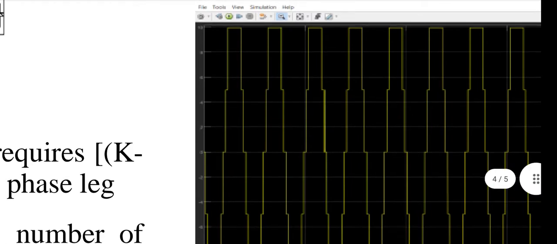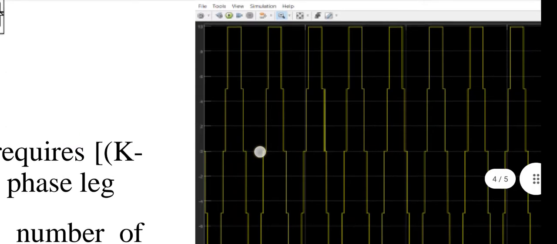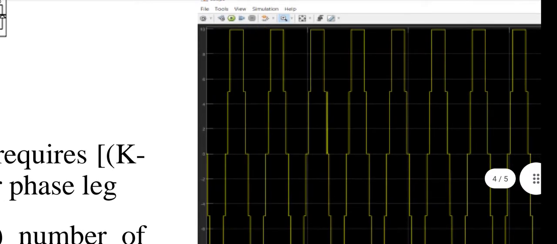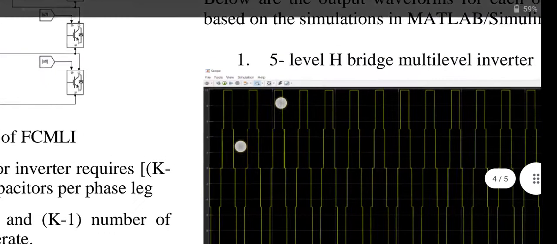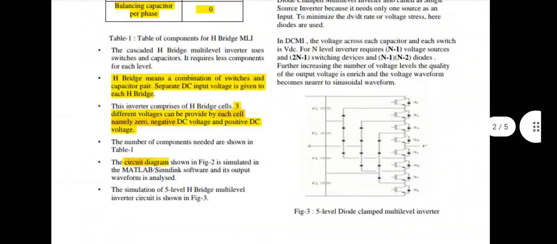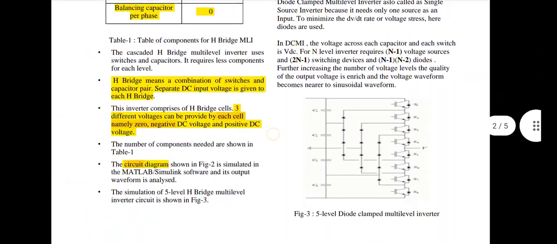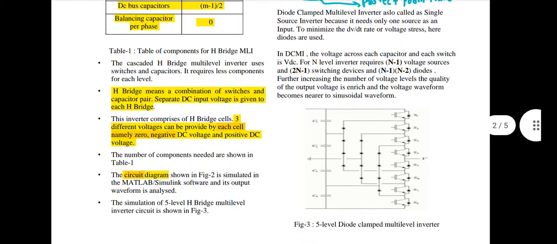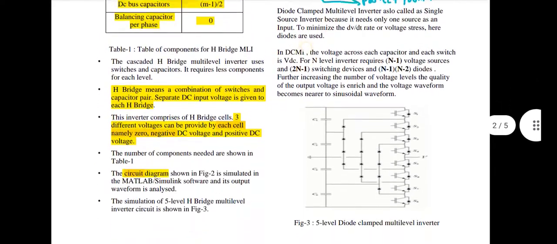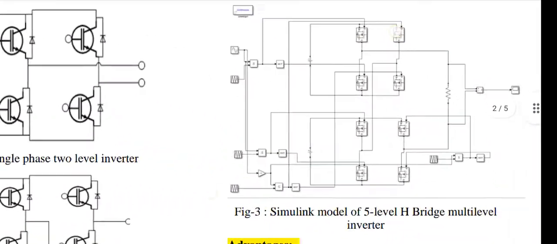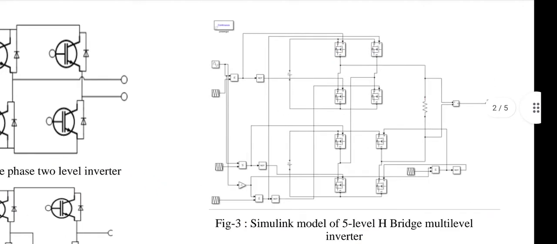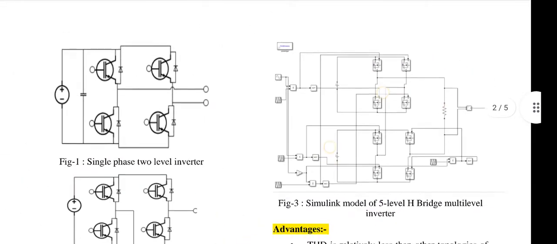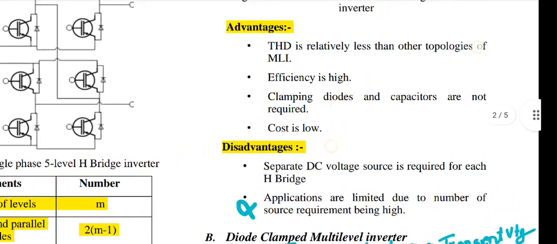Now this is second, first, second, third, and there is a fourth level, that is 5 volt from the lower cell, and again to the 0, means 1, 2, 3, and 1, 2, 3, 4 and 5. Here you can get the 5 levels of the H-bridge multi-level inverter. Okay, so whatever I taught you is written here, that is the theory. And this is the MATLAB simulation of the same H-bridge multi-level inverter, and here are certain advantages and